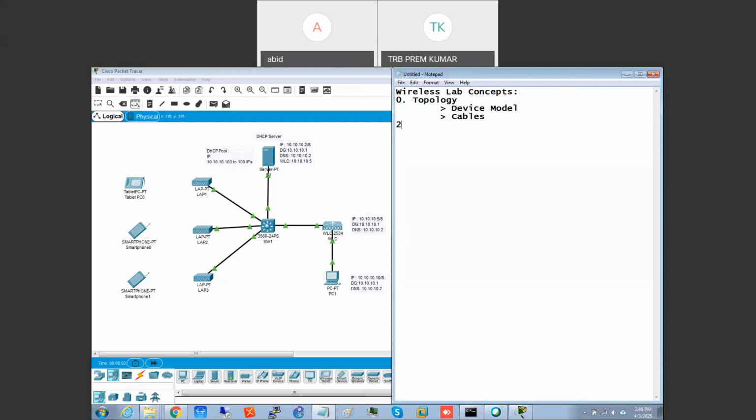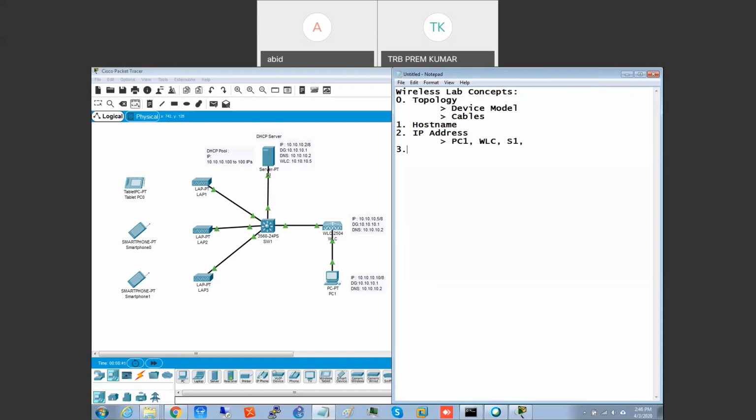Very important. Second, the first step is host names. Host names are very important because when we are discussing, we'll say do it in L1, lab 1, lab 2 like that. So we must be very clear with our host names. Next, these all are the mandatory things you have to do before that: IP addresses. You need to make sure what IP address we are going to configure. That we already did. In our case, we are going to do S1, PC1, WLC, and DS1. These three we configure IP addresses.